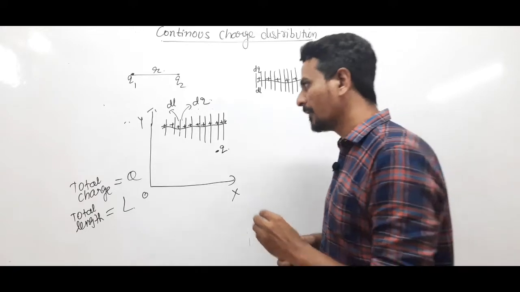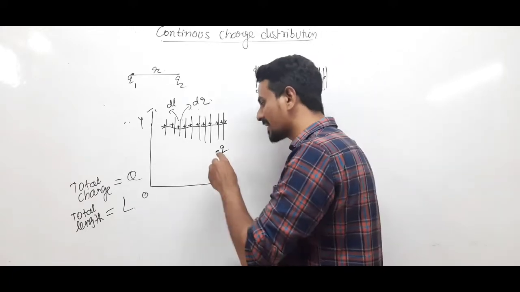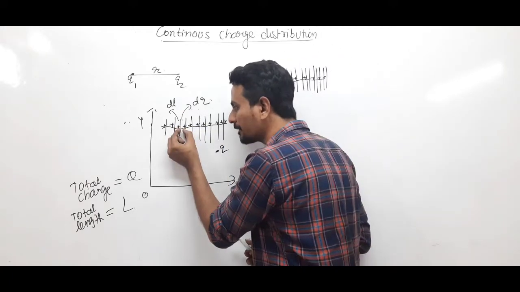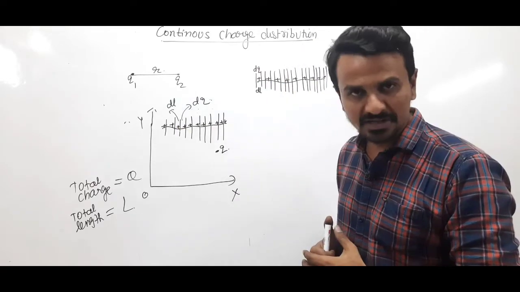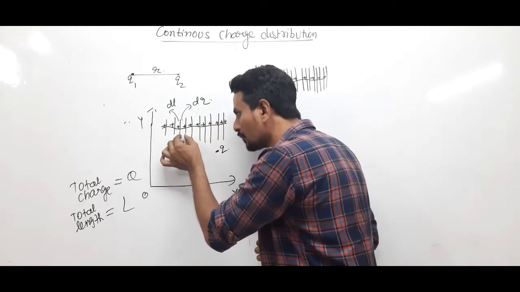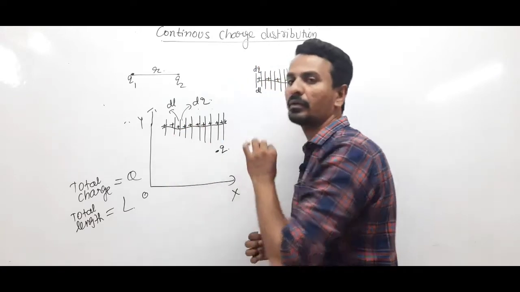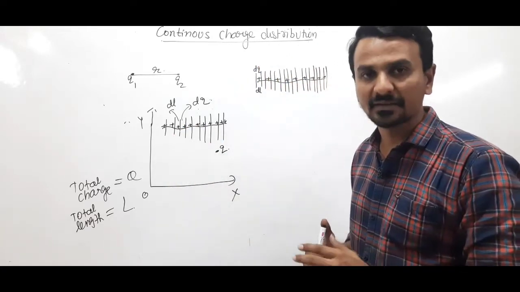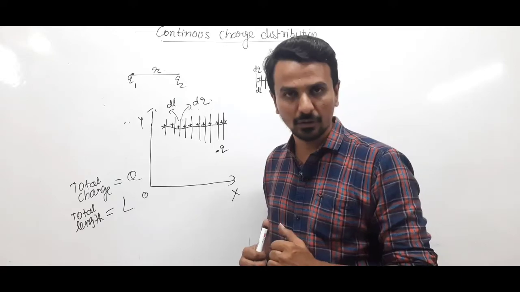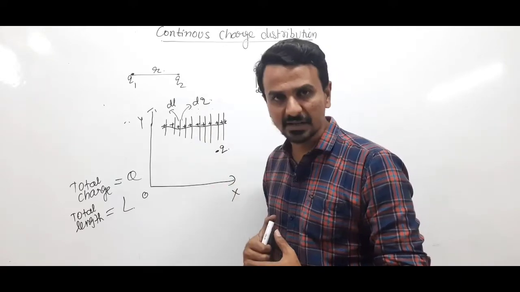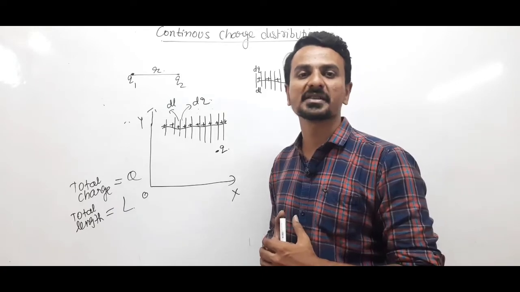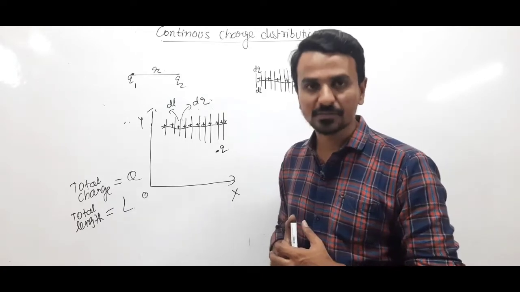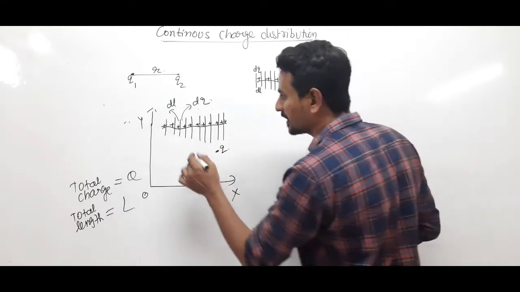So now we'll first find the force acting on this charge q because of this dq. Here dq will be considered as a point charge. So dq exerts a force on this charge q, right? This can be calculated using Coulomb's law because dq is a point charge now. q is also a point charge, and so the force between two point charges can be calculated with the help of Coulomb's law. Okay, let us say this charge